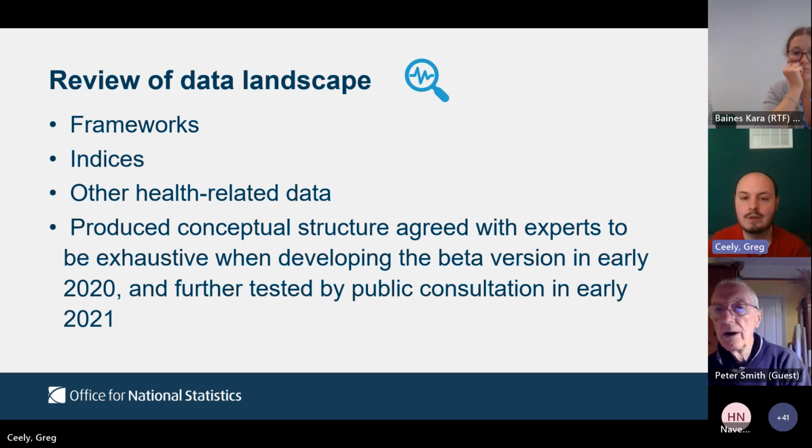The result of that review was a conceptual structure of how existing data could inform health on our three domains I presented earlier: the healthy people, healthy lives, healthy places. And our ideas of the themes or categories we thought would be meaningful groupings for these different topics to inform the health index. We worked with our expert advisors to get their input on what they felt should be in scope but wasn't present, and of course anything which they felt we had included as in scope but shouldn't be.